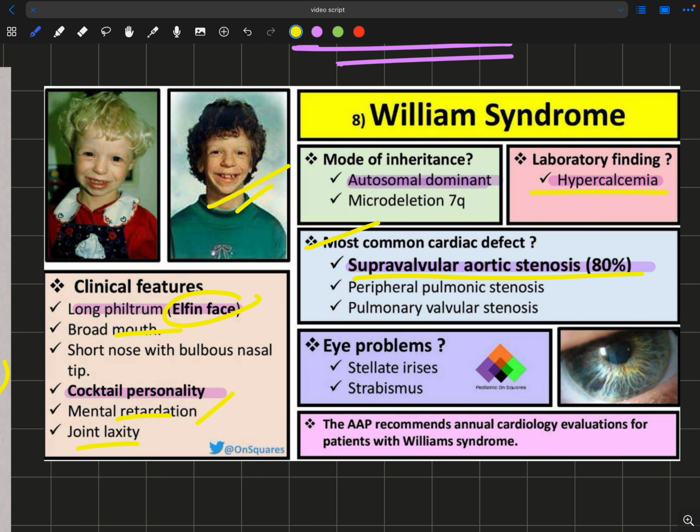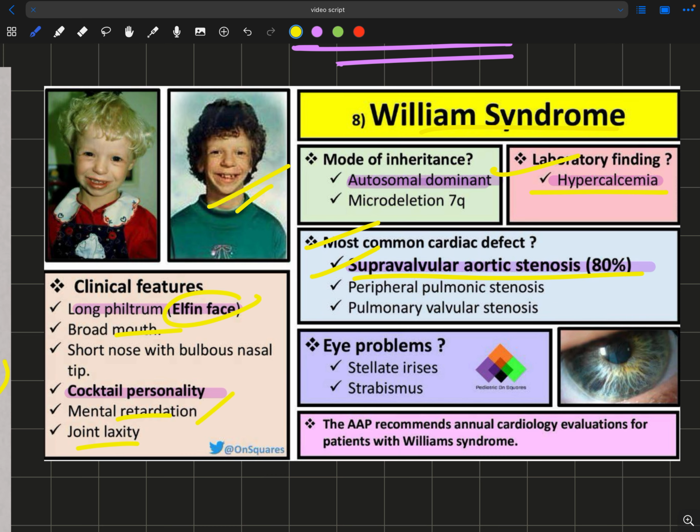In DiGeorge syndrome, there is 22q11.2 microdeletion, and that will lead to failure of development of third and fourth pharyngeal pouches. That will lead to failure of development of thymus and parathyroid gland. Due to development failure of thymus, there will be decreased T cell immunity, and due to decreased development of parathyroid gland, there will be no parathyroid hormone. That will lead to hypocalcemia. So hypocalcemia is seen in case of DiGeorge syndrome, and hypercalcemia is seen in case of Williams syndrome, along with